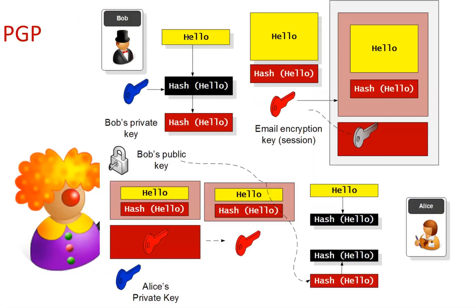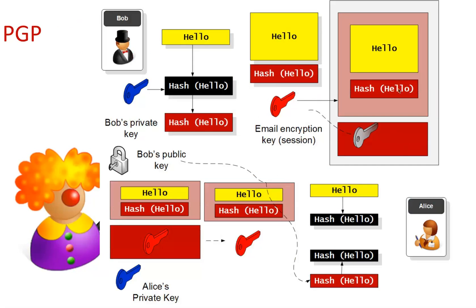The way it works is that Bob takes a message, takes the hash of the message, and then encrypts that with his private key. So we end up with a signed hash. That then gets added to the message, and then Bob creates a new symmetric key, such as a 256-bit AES key. He now takes Alice's public key and